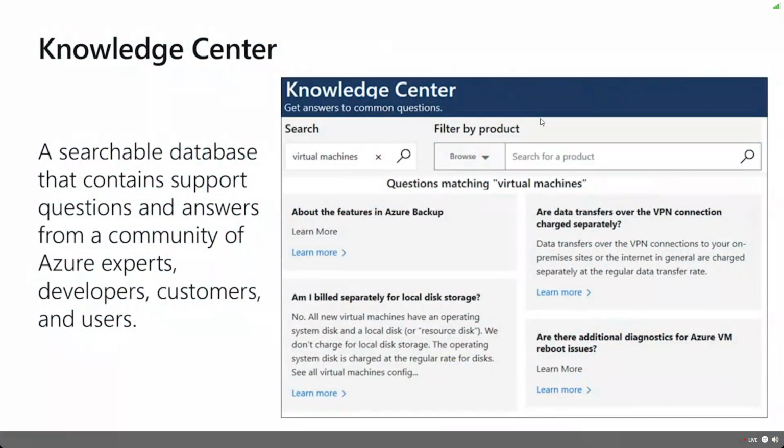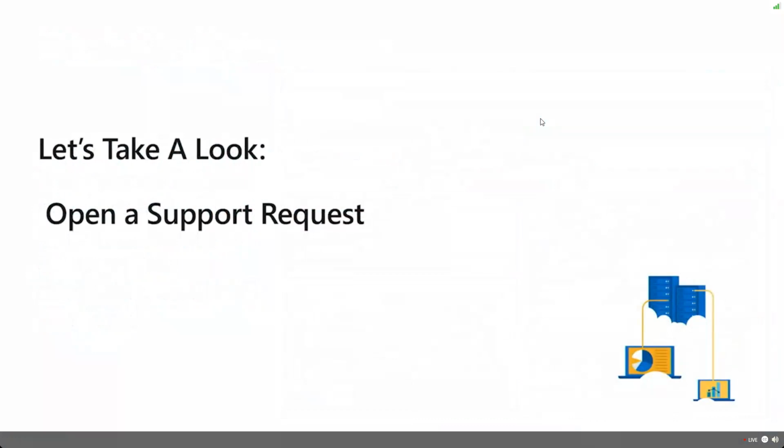A lot of known issues might be up there, kind of like the old TechNet event center where if you had an event ID, you could put it in there and get an idea of what it's going to be. We have a knowledge center where you can go and get help. It's a searchable database. But we also have the ability to open a support request. Now, let's have some fun with this. Now, if Azure's behaving properly, let me show you how we open a support request. But more importantly, let me show you some of the things that Azure does on our behalf.